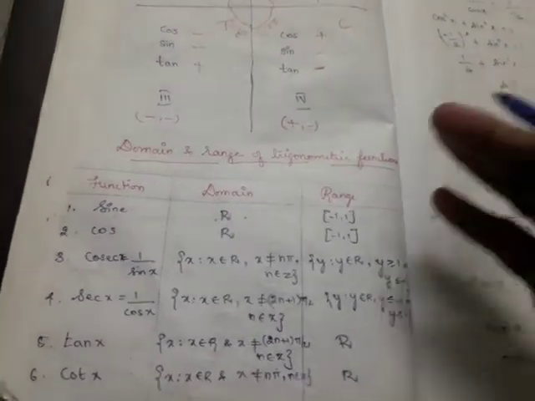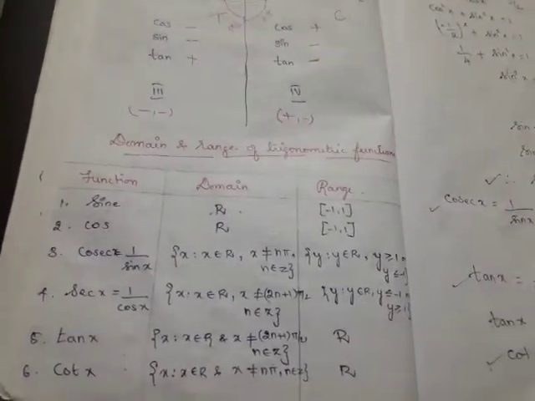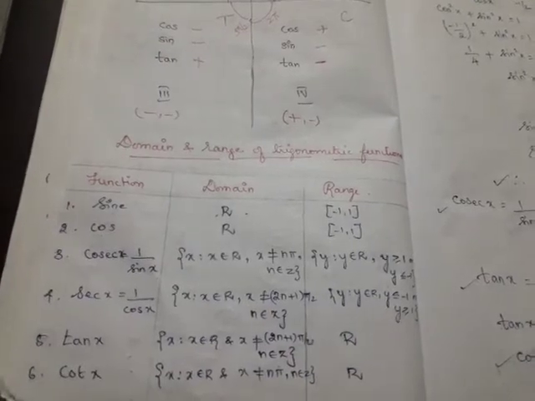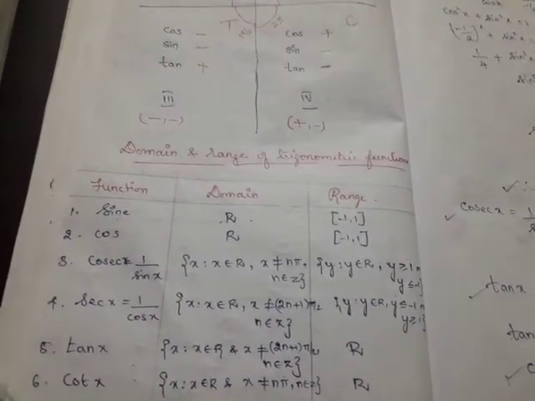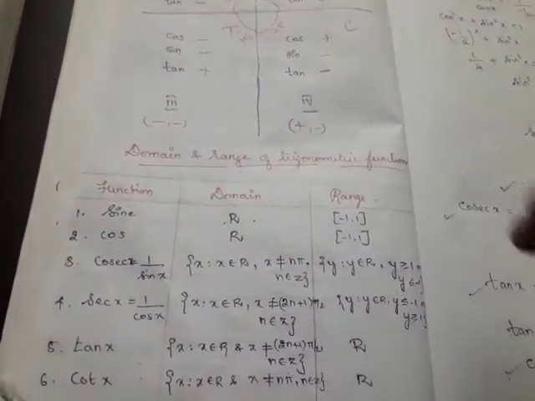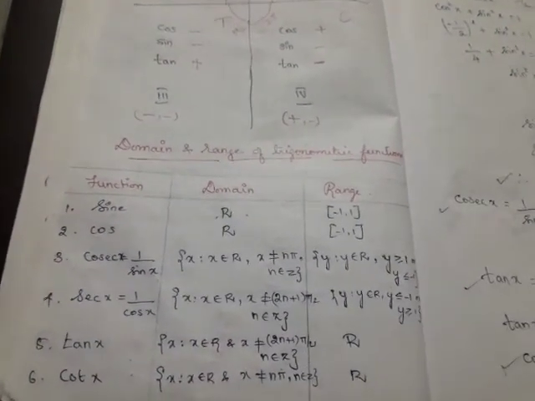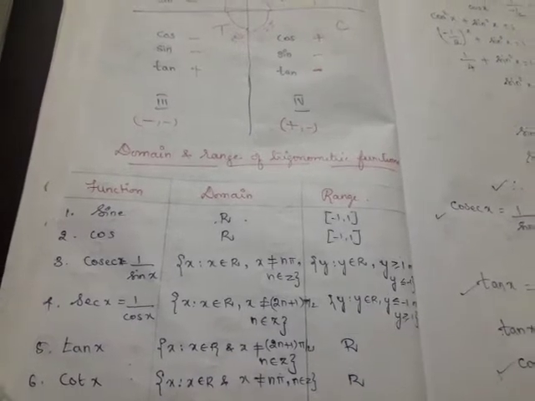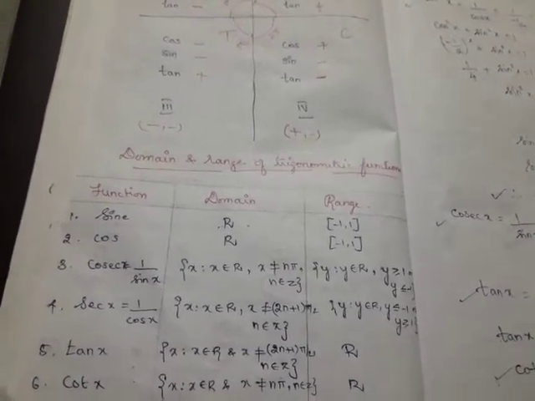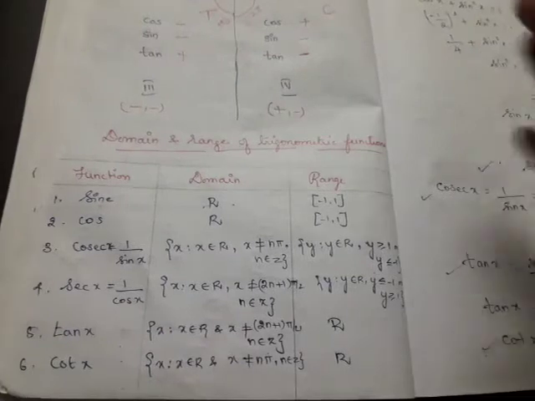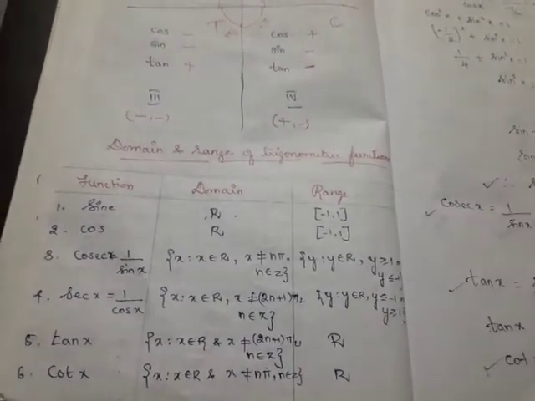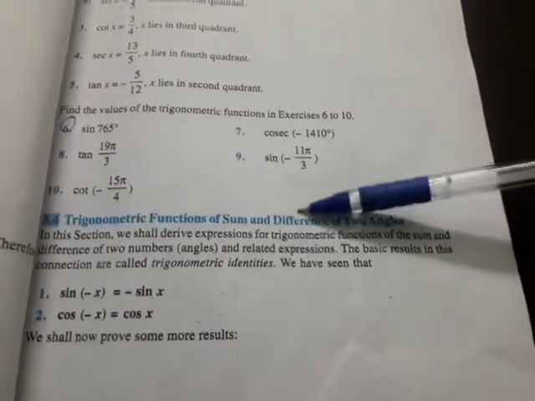Right? Three basic identities. Then when the sine and the cos function will remain the same. Then when the sine and the cos function becomes 0, and what will happen if the angle becomes negative in cos and sine and with the other trigonometric ratios. These are all the things we have learnt so far. Now in today's class we are going to learn about trigonometric functions of sum and difference of two angles.